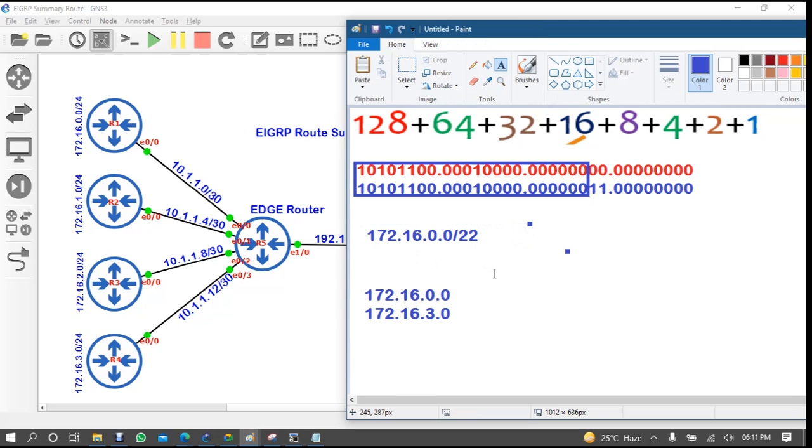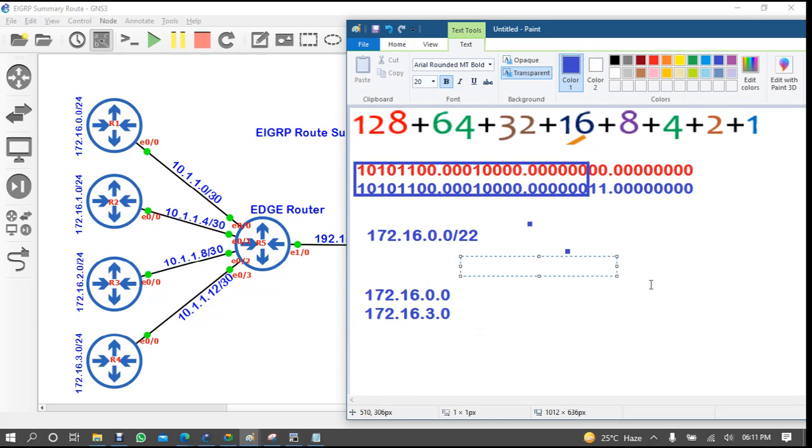Now let's have 10, this one, right? So for 10, the lowest is 10.1.1.0 and the highest is 10.1.1.12, right? So for 10, 10 is what? 0 0 0 0 1 0 1 0. Very good. 1 is 0 0 0 0 0 0 0 1.